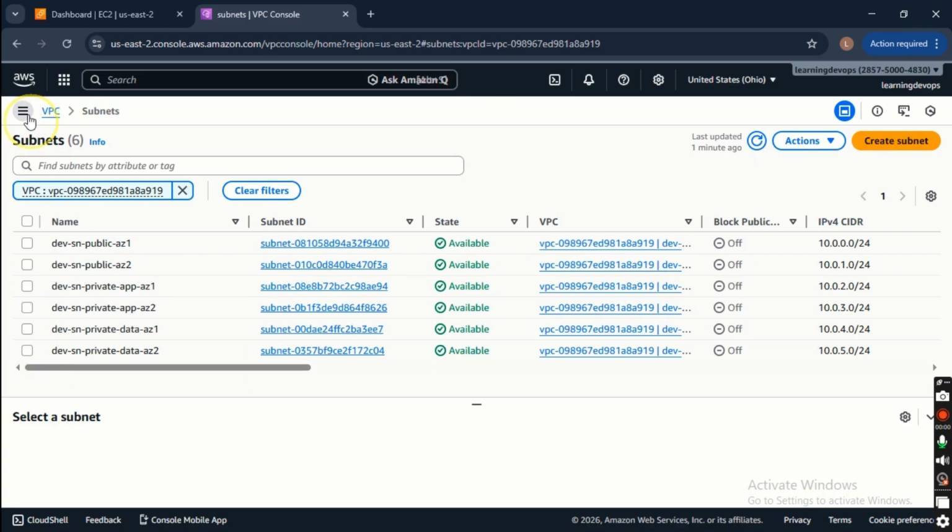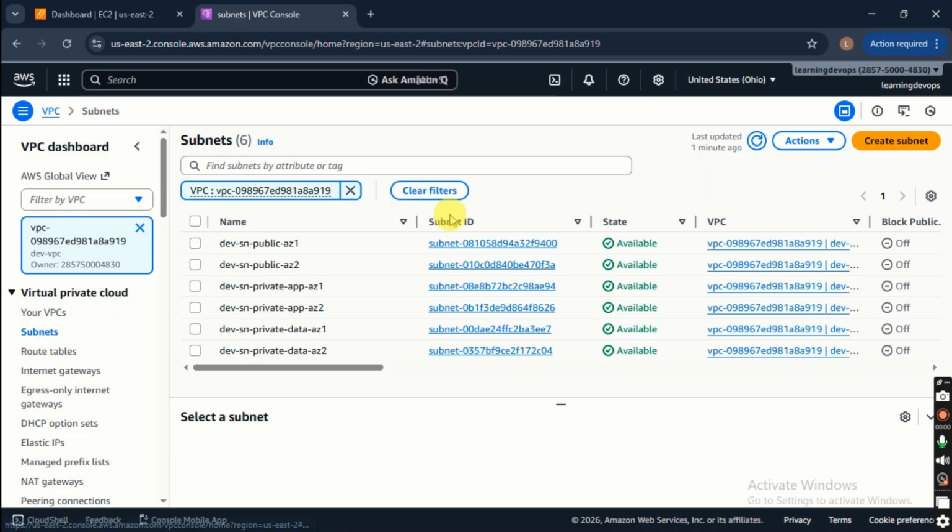So at this point, we've been able to create our subnets, and the next thing we'll be doing is that we should create route tables and create routes. Because currently all the subnets that we have here are the same, even though we gave them different names, public and private. So in the next video, we'll see what really makes them public and private. So see you in the next